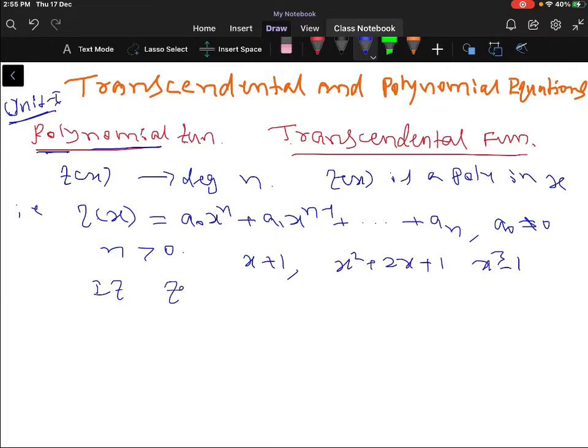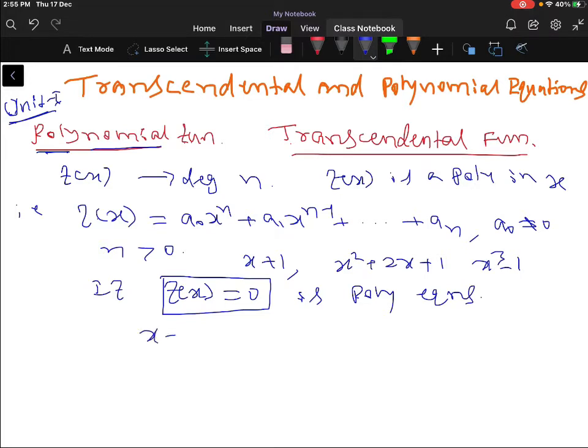If f of x is equal to 0, a polynomial equal to 0 is called a polynomial equation. For example, x plus 1 is equal to 0 is a polynomial equation. x cube minus 1 is equal to 0